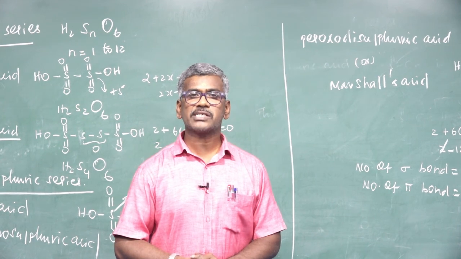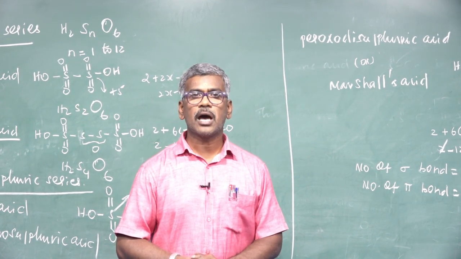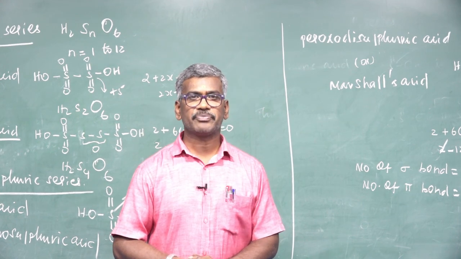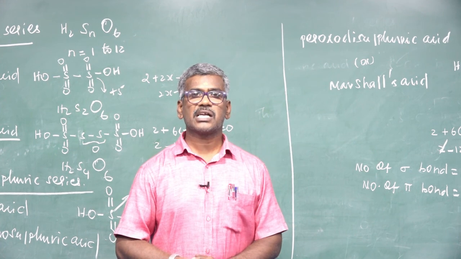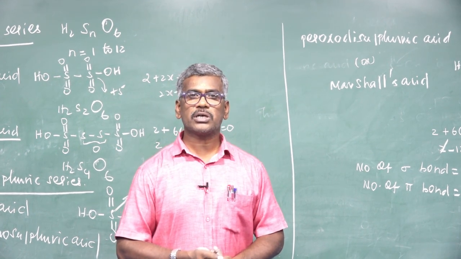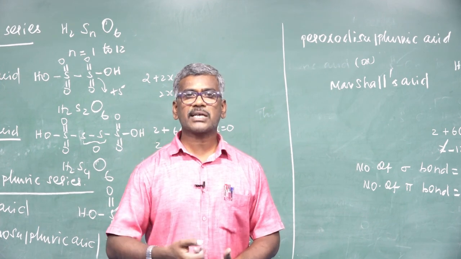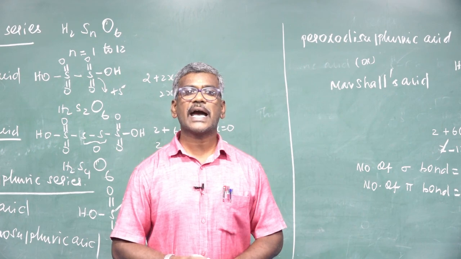Next, structure of sulfuric acid. In that, sulfur exhibits sp3 hybridization, bond order is 1.5. Another one is the structure of oxyacids of sulfur. There are different types of oxyacids: formula, compound, oxidation state. Practice the structures and equations regularly, then you get the highest marks.